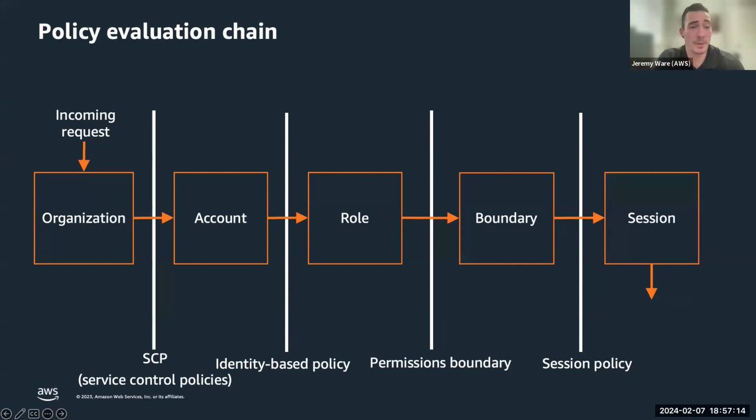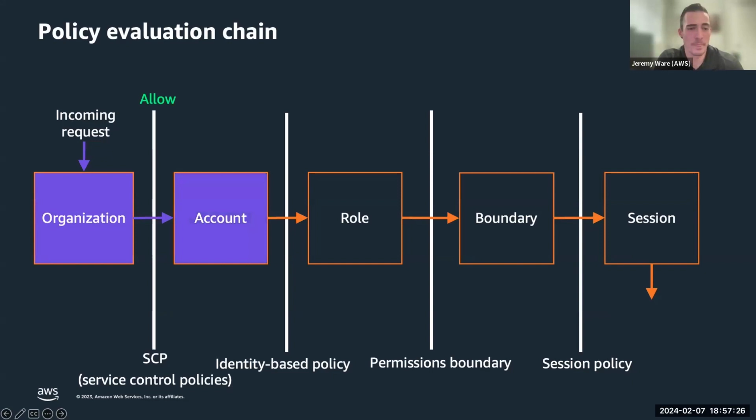So first you have an incoming request. As soon as that request comes in, we're going to evaluate any policy defined at the organization. So if there's no service control policy denying the action, it will proceed forward. We're then going to look at identity-based policies once you've gotten into the account. We're going to assess any permission boundaries tied to the role.